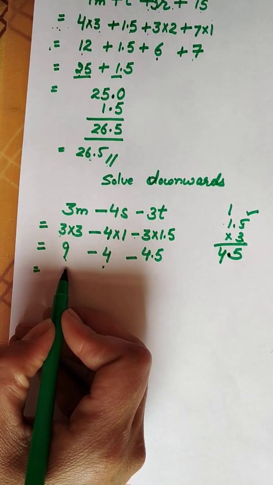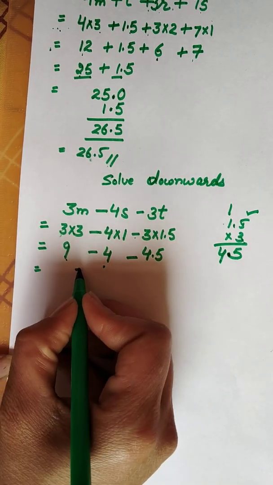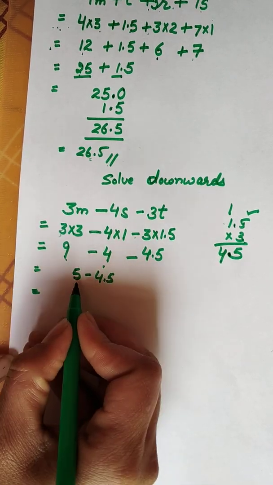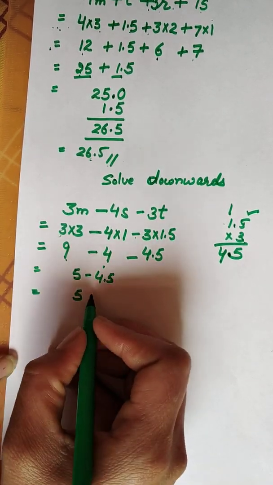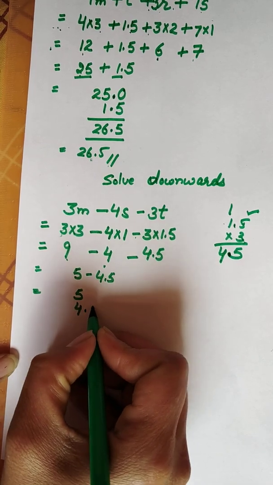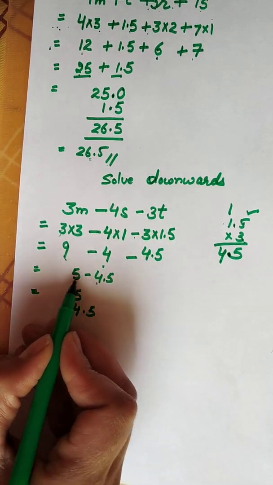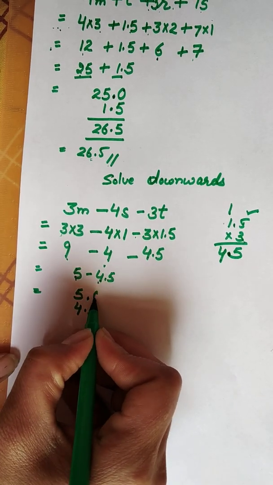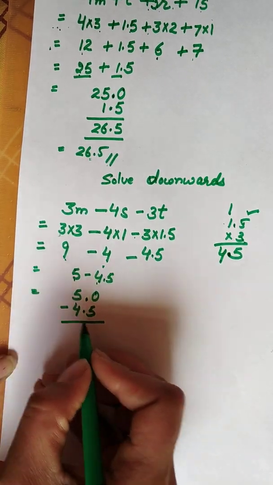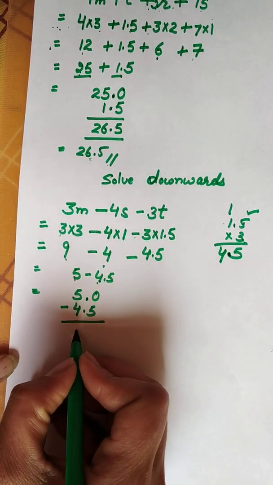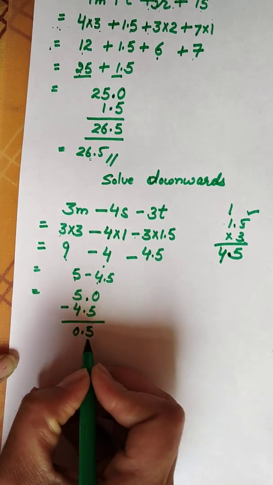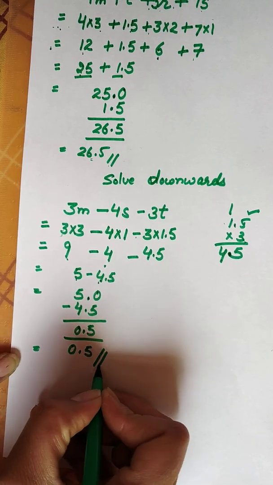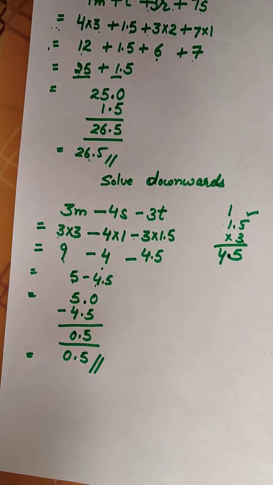You have 9. Okay. Minus 4. 9 minus 4 is 5. Now you have to subtract this. So whole is subtracted from whole. So 5. I am writing this because 4 is full. Here 5 is full. So 4 will be written under this. And here I can fill up the place like this. Now I have to subtract. Okay. After taking carry over, you will get your answer like this. Okay. In the end, do not forget to highlight your answer. That's all for this video.